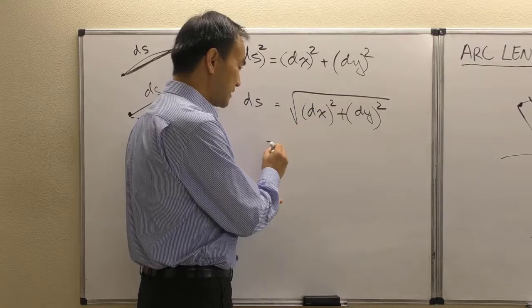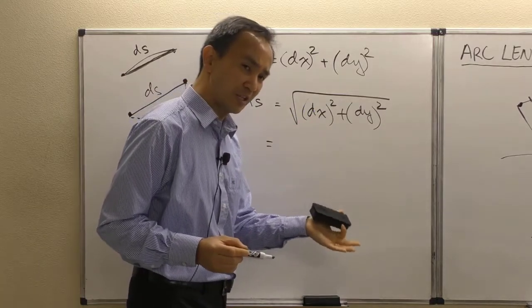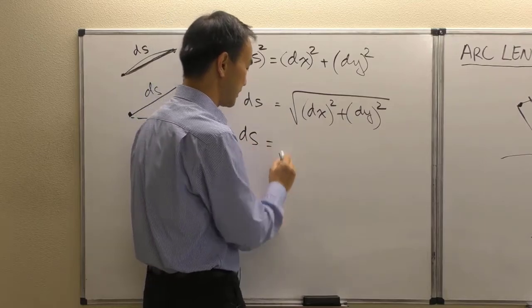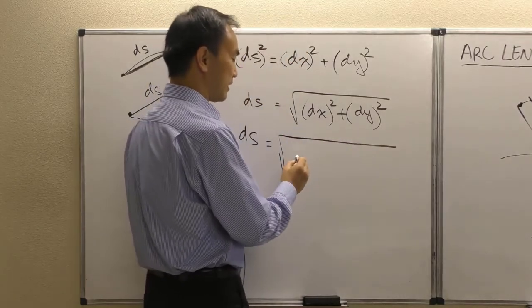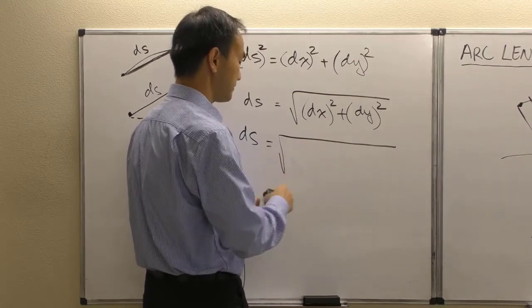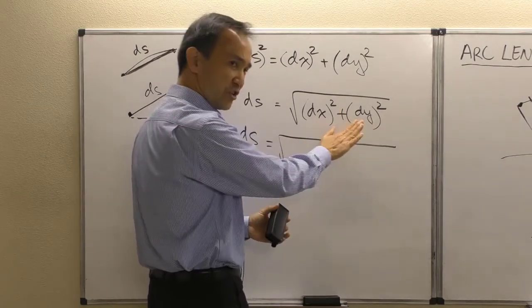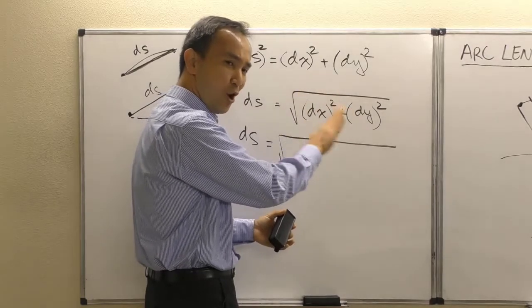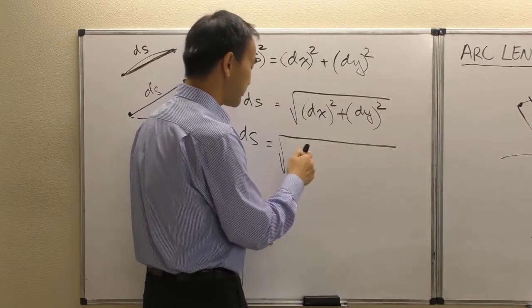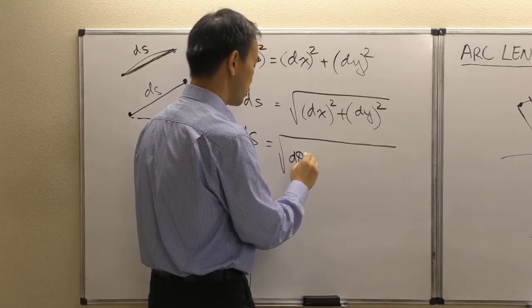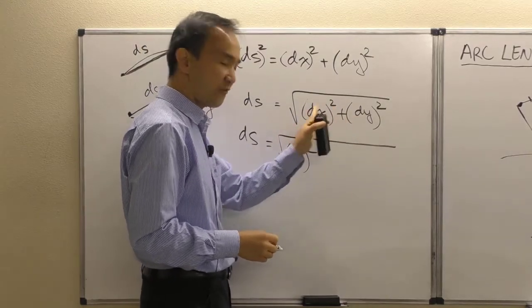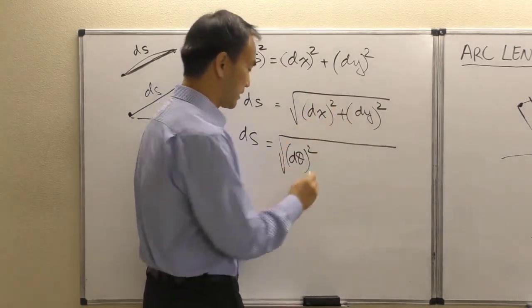We can always algebraically do the following. In this square root expression, I'm going to factor out a d theta from this expression here, which at the moment has completely no theta. But algebraically, I can always factor out a d theta squared, as a matter of fact. Factoring out a d theta squared from each one of these two terms will leave me